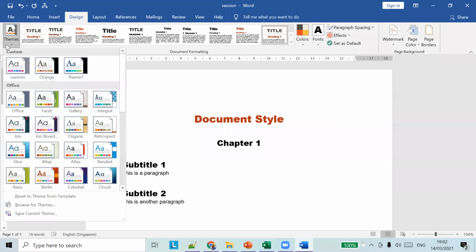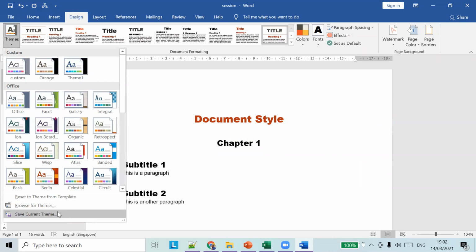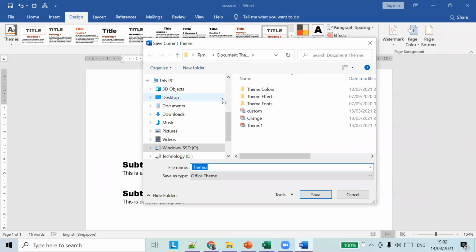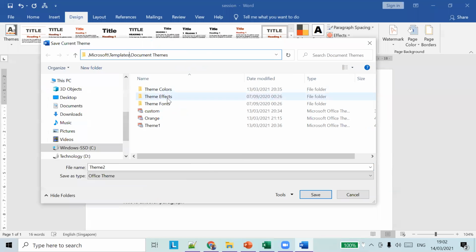Now we can save the theme with our name. I'll go here and say Save Current Theme, and the File Explorer will open and ask for the location to save the theme. Usually we can save it under the folder where all the other themes are present, generally in Roaming, Microsoft, Templates, Document Themes, and we can give our own name.